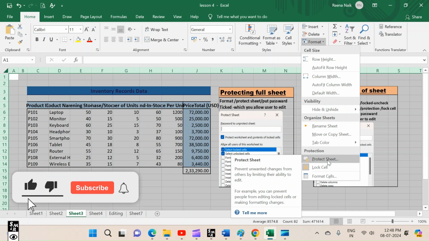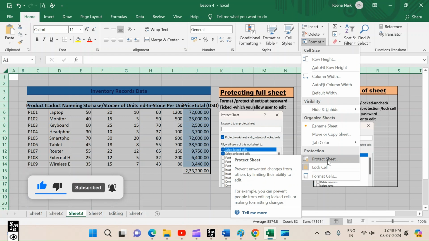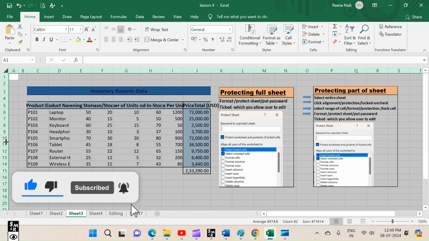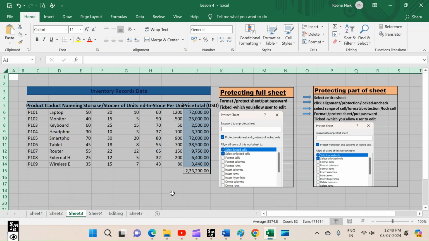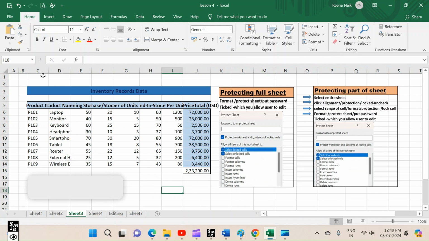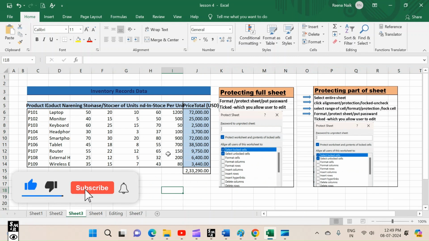Protected from unwanted changes by others, like editing, inserting cells, inserting columns, inserting rows, formatting the cells, etc. Under protecting the sheet, we can either protect the entire sheet or we can protect only part of the sheet by putting a password. Now, let's see one by one protecting the full sheet and protecting part of the sheet.